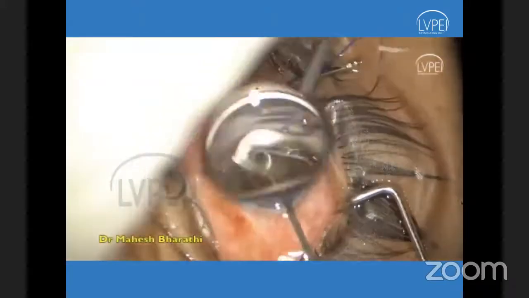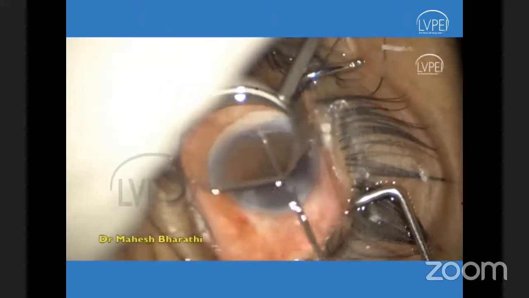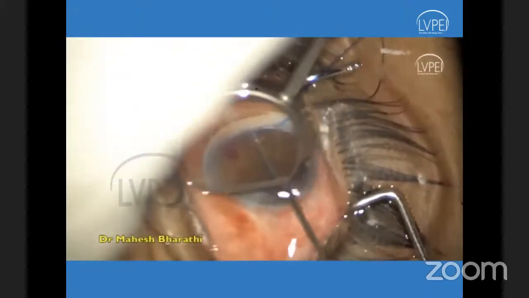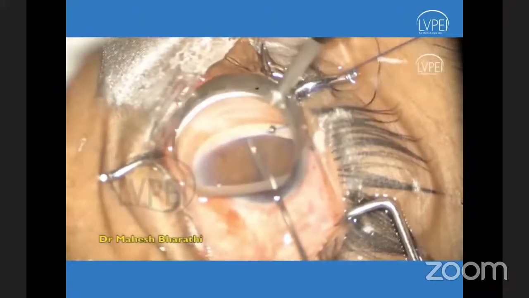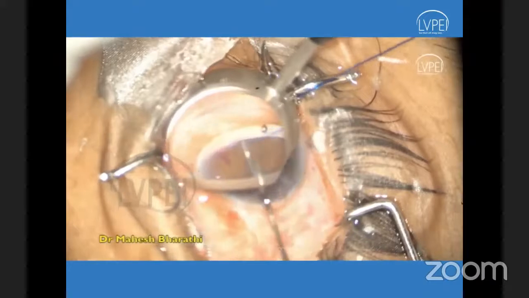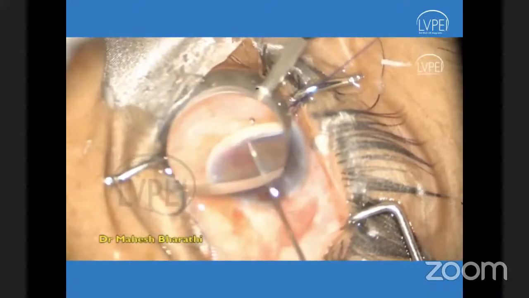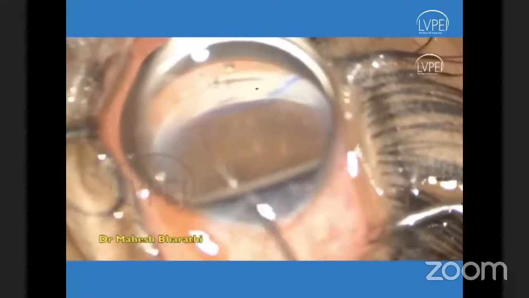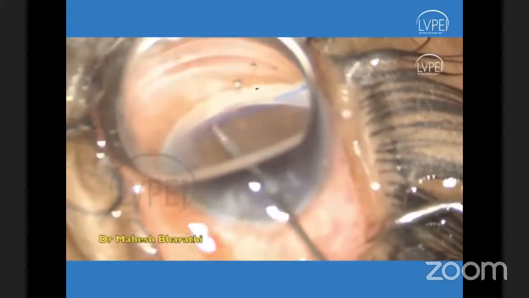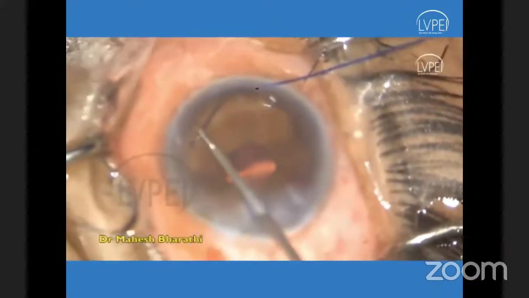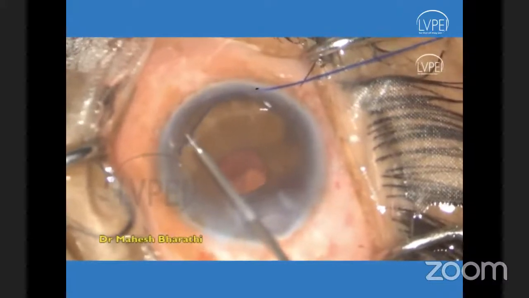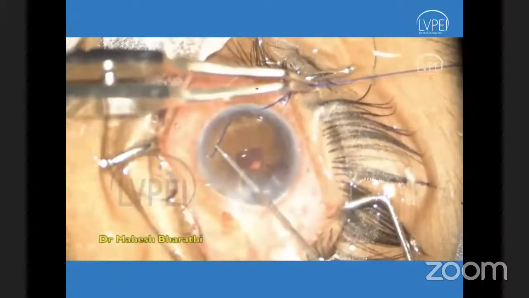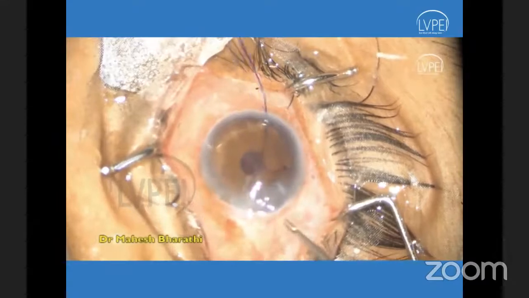The suture is grabbed and then passed along the whole 360 degrees of the goniotomy incision, and yeah, there comes the leading edge of the 5-0 Prolene suture, and then you achieve a 360 degree goniotomy. This patient was on 4 medications, even including Rhopressa.